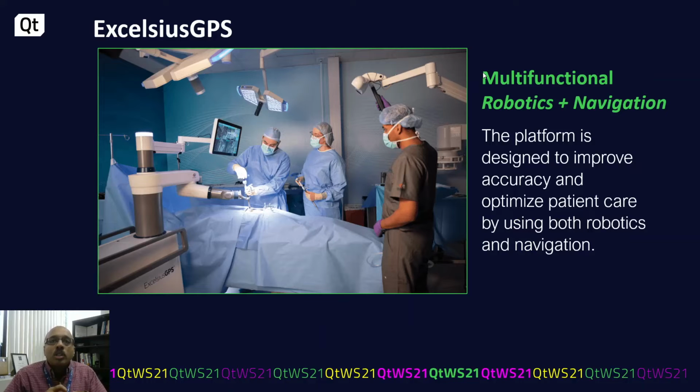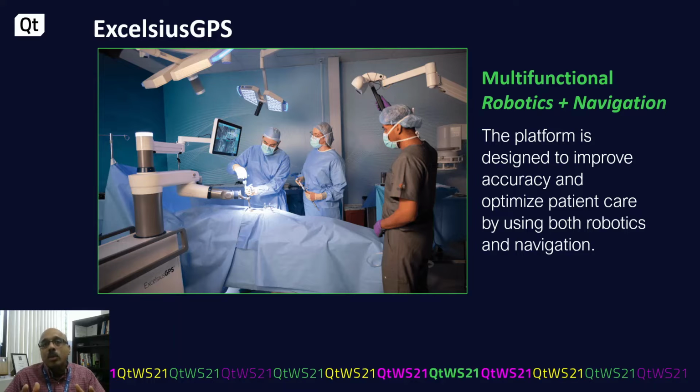So the focus of Excelsius GPS is threefold. It's improvement in time, the time to surgery, dose, because with this system you have to take fewer X-rays, so that means naturally less radiation for not just the patient but also the OR staff. And last is the accuracy. Because of a very integrated navigated solution, we can very reliably take the surgeon to the exact place they had planned.